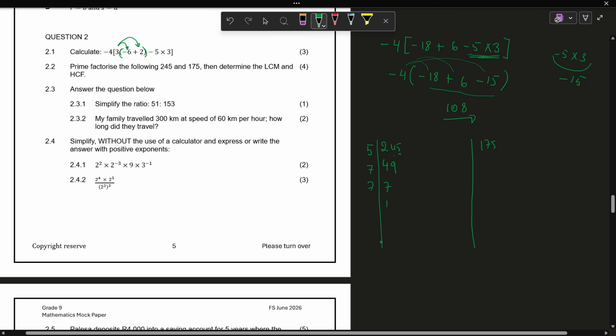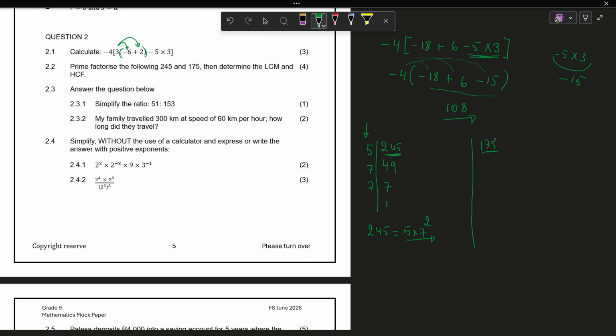In other words, 245 can be expressed as these prime factors: 5 times 7 times 7, which is 5 times 7 squared. So we got this. So we do the same with this number. So we finish with 245. We do with